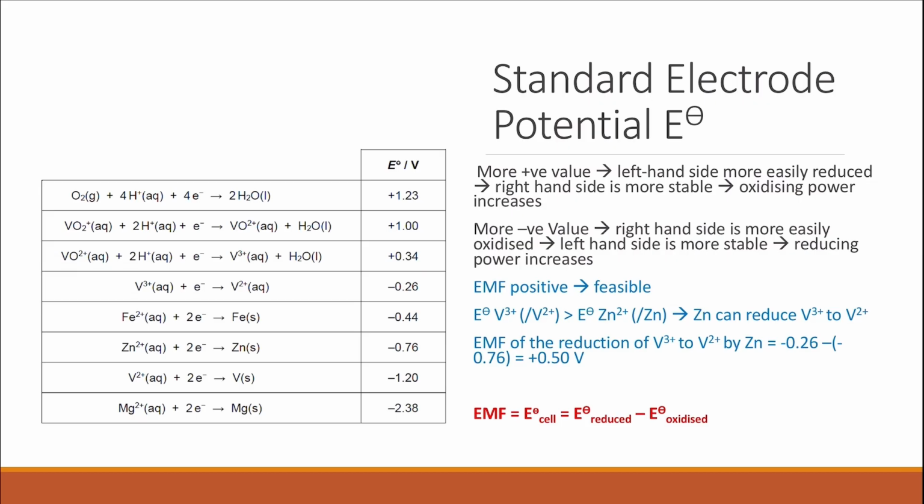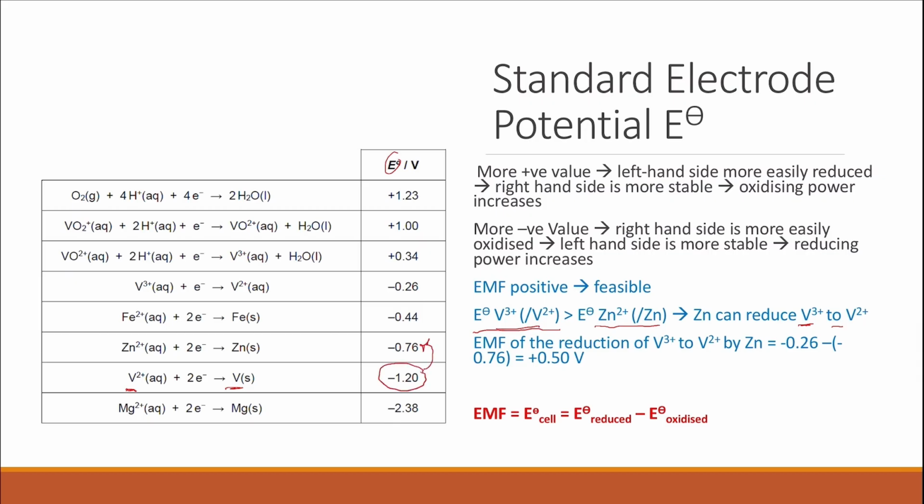Transition metal complexes and complex ions and their reactions are very common in paper one, at least one extended question about that. So you need to understand what is meant by transition metals, because it's quite common to ask you what is meant by transition metals. Remember that transition metals, not just that they have their outer shell electrons in the d subshell, but they must have more than one ion formed, and their ions will have